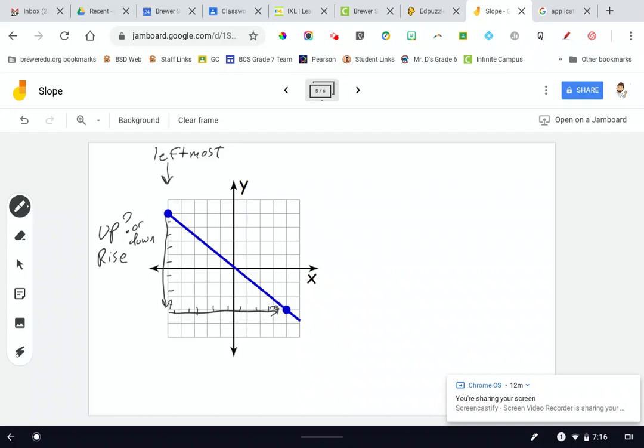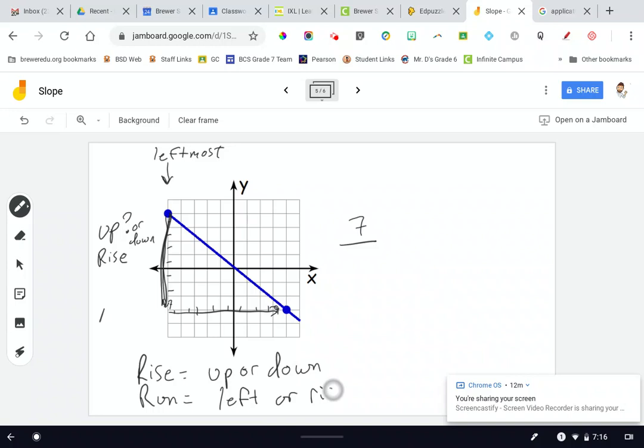So my slope, right, I said rise over run. So the rise, which is up and down, okay, rise equals up or down. And the run means left or right. So I went 7, and then I went over to the right 9. Okay. Here's the one difference, though. Because I went down